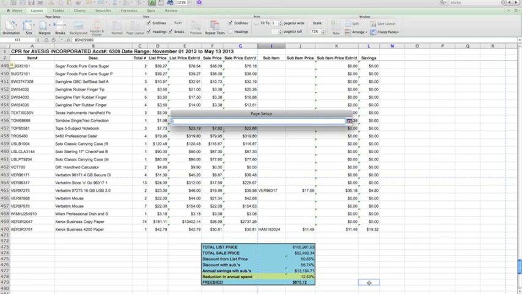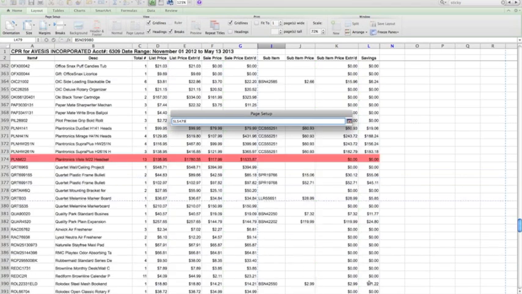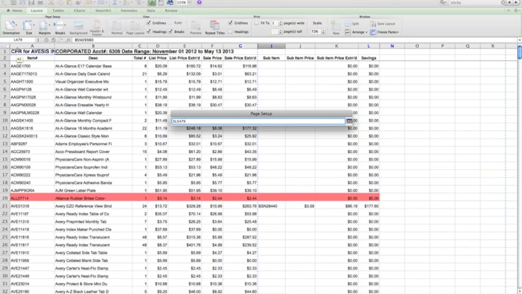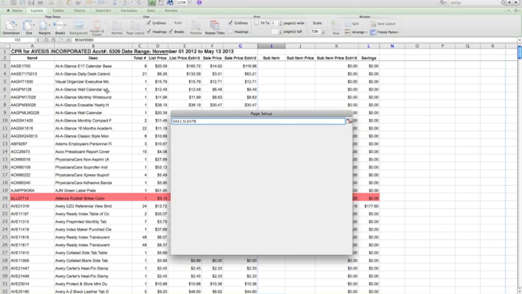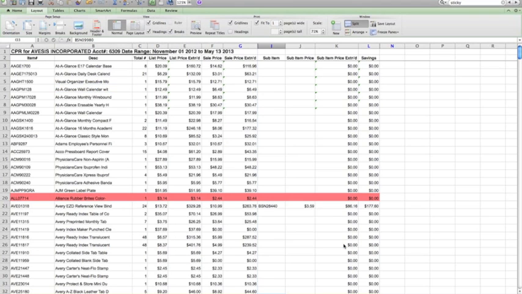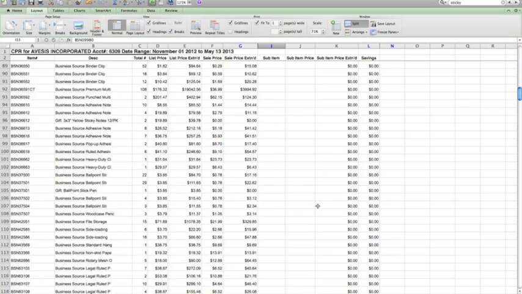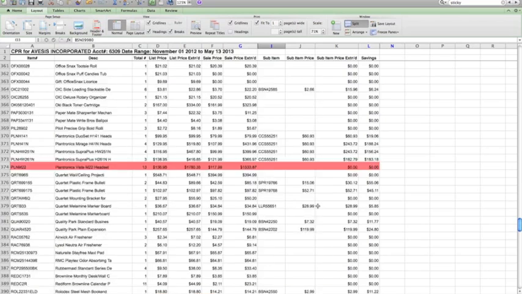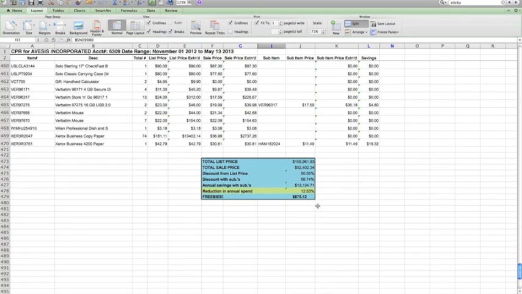So we want to have the least amount. We're going to select the bottom left corner, bottom right corner, and all the way up to the top right. And hit OK. That now tells the printer to only print within that sheet. So it's going to only print between column A and column L all the way down to row 479 and 480. Now that we have all that done, we're going to go ahead and go to File, Save As